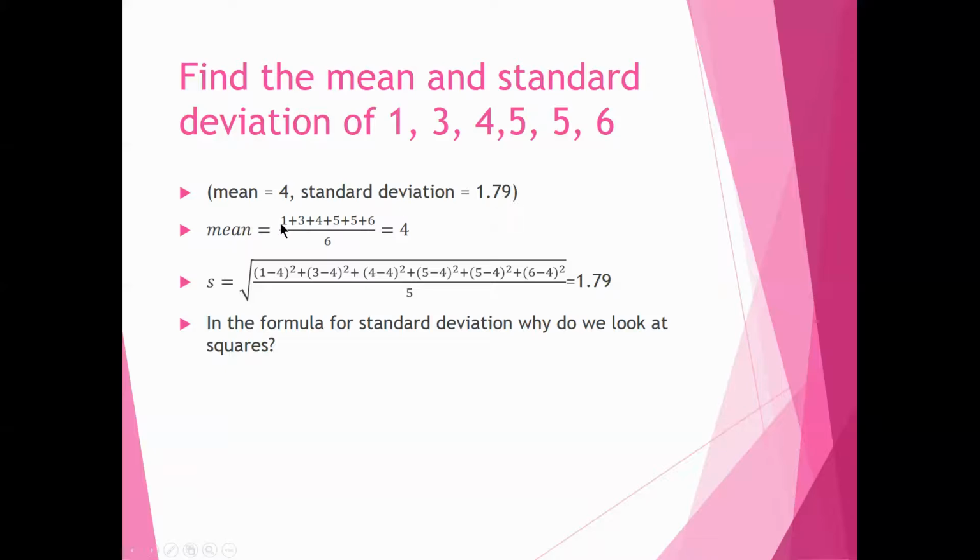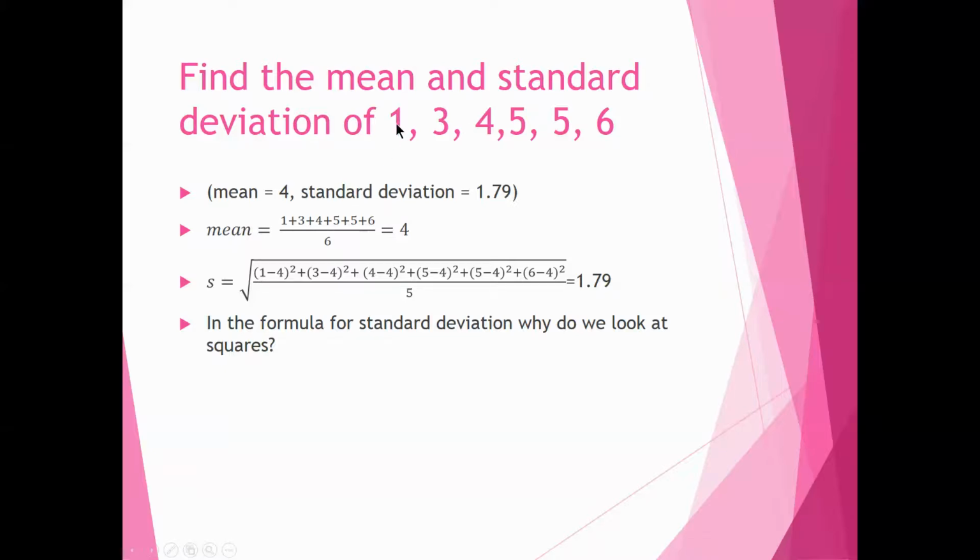So the mean, you add the numbers up: 1 plus 3 plus 4 plus 5 plus 5 plus 6. Divide that by 6, and you get 4. So the mean, the average, is 4. Not real surprising. And then to find the standard deviation,